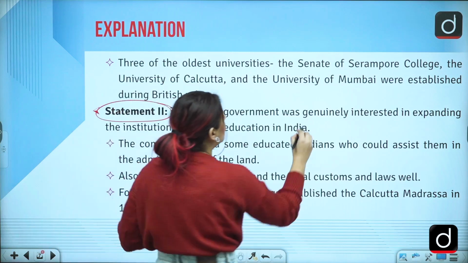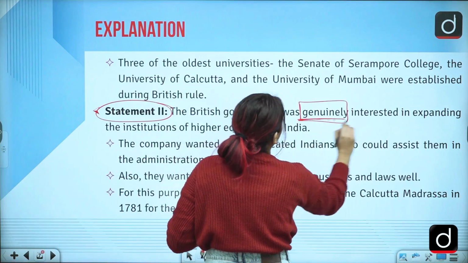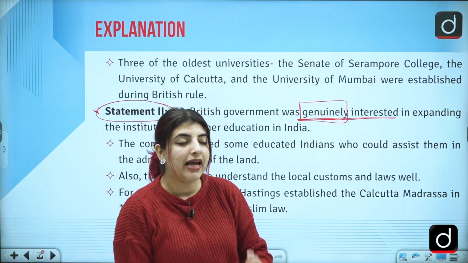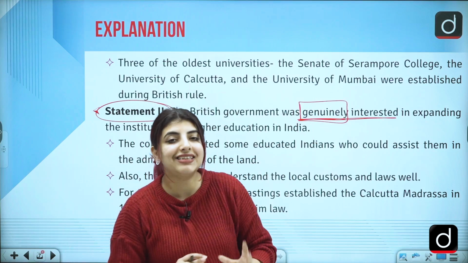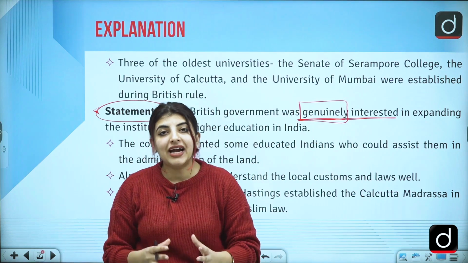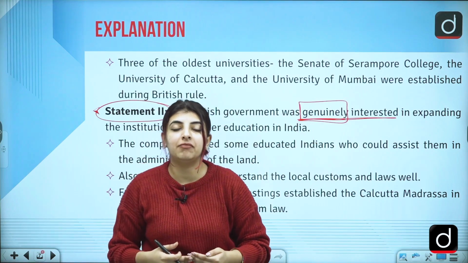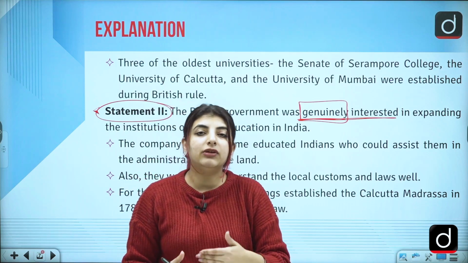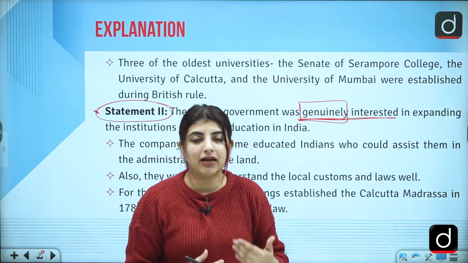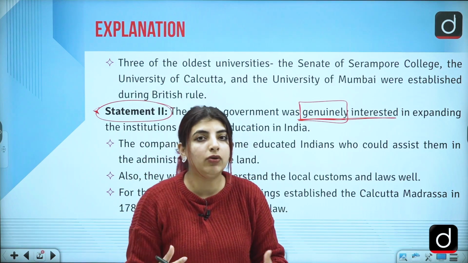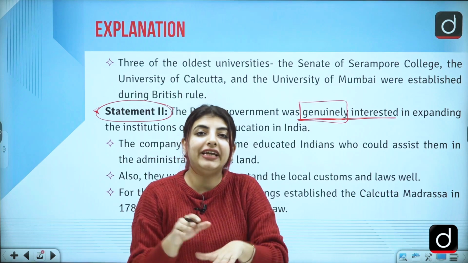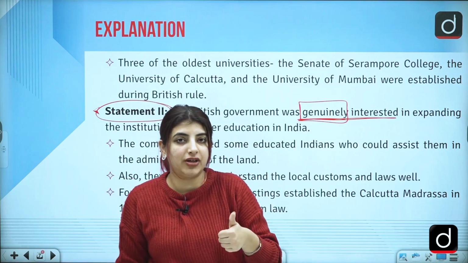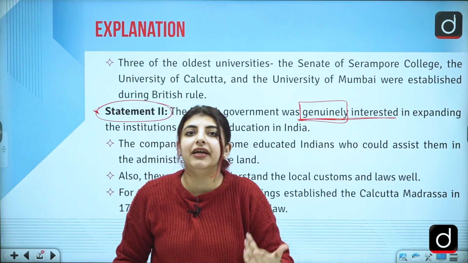The British government was genuinely interested? No, it wasn't genuinely interested, because they wanted to teach the Indian masses so that the burden of the East India Company gets lessened. Right? The more Indian officers try to get enrolled in the East India Company, the more they will be telling other people to read English, to get educated in the English sphere. So just for the spread of English, they were spreading education.